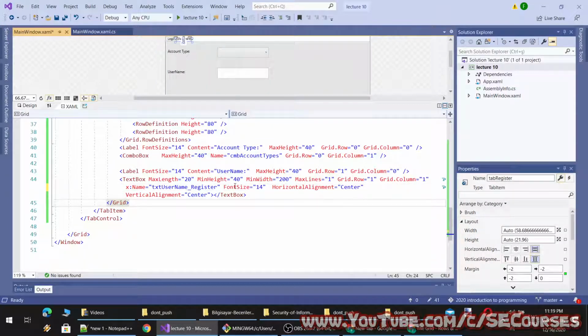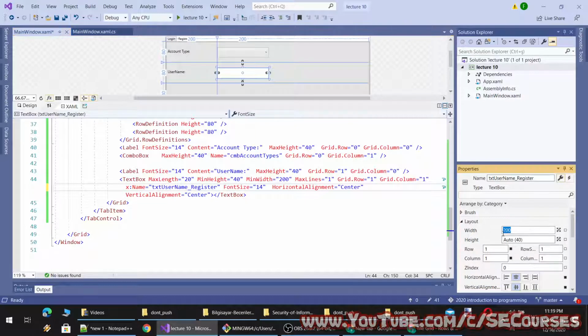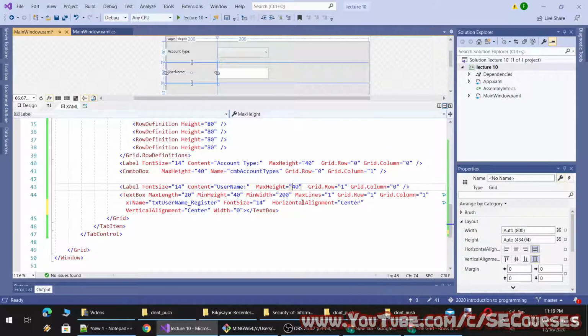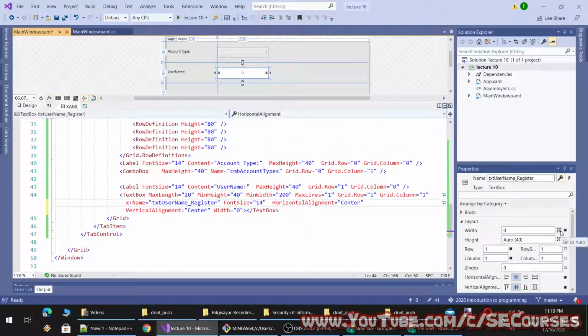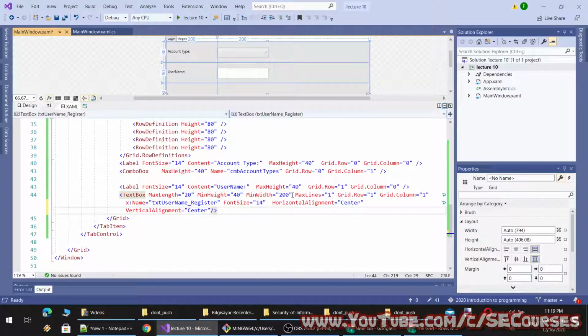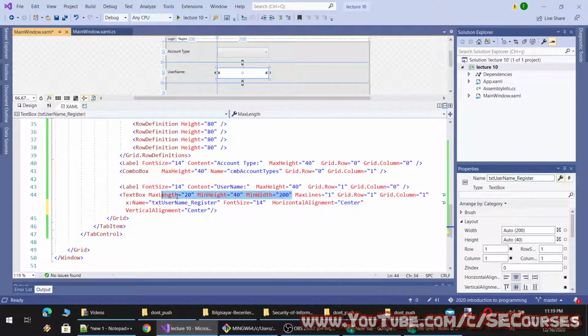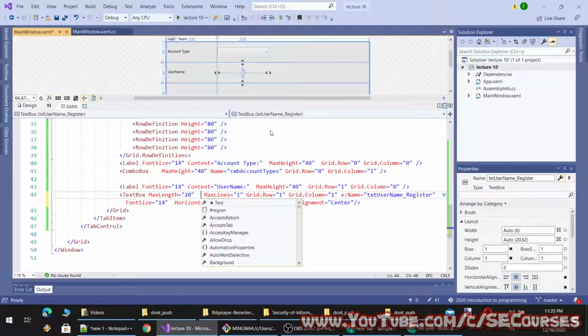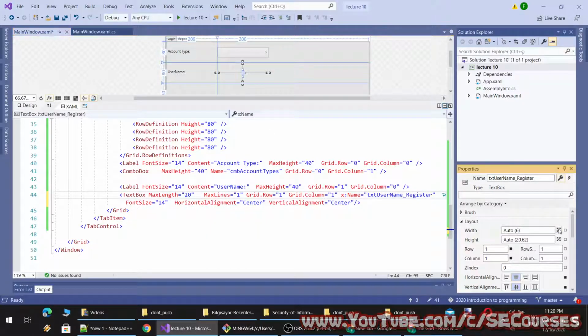If I delete this, it doesn't work. Set to auto and set to auto. So if I delete this, what happens? Default.